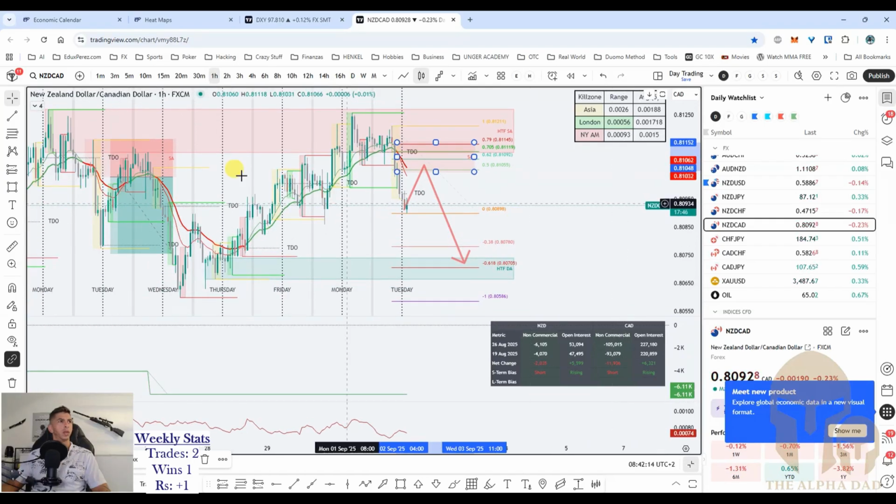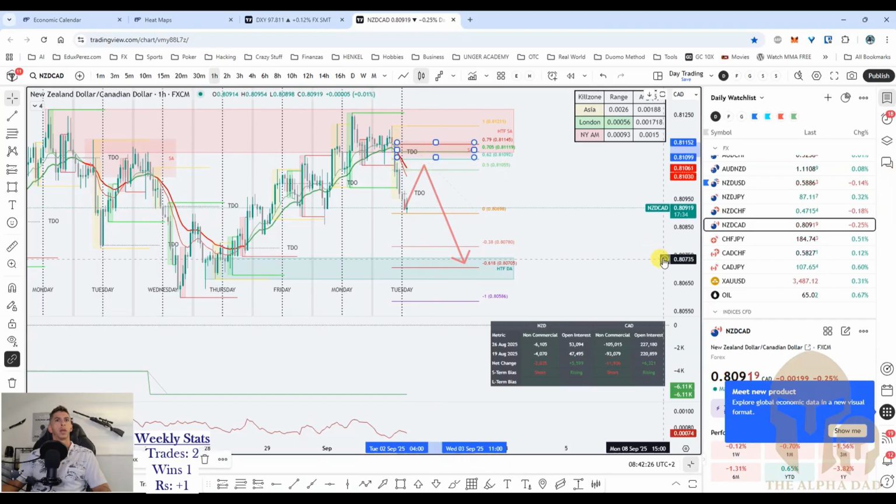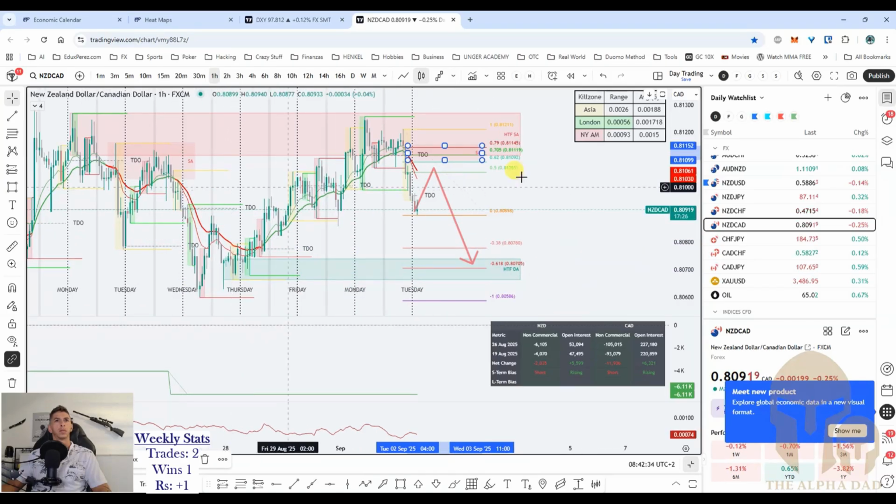Where's that blue thing right here? This one? Here we have a winner trade. There we go. Okay, so all right, no. What is this? I wonder what this one is. I don't know. Anyway,